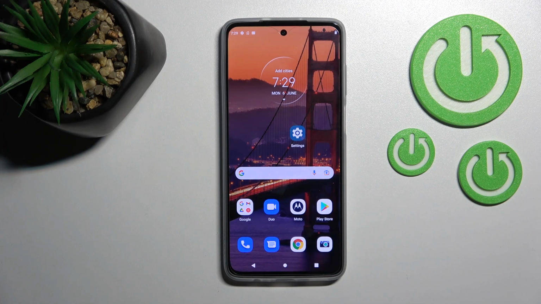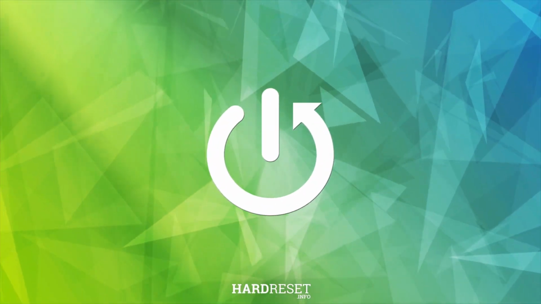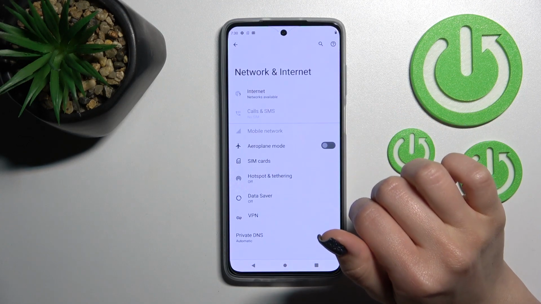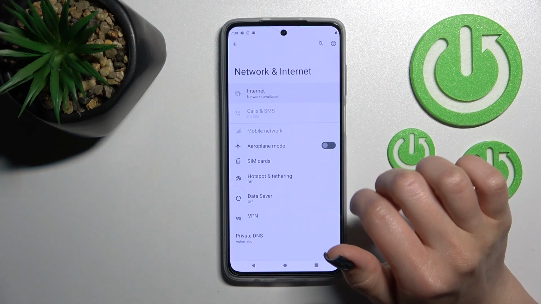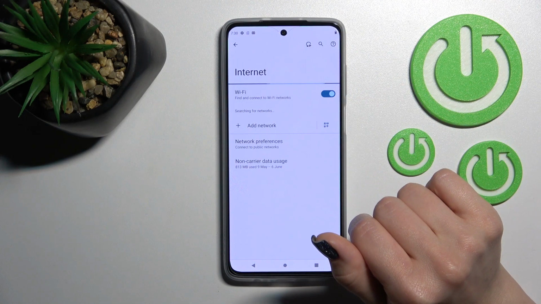Welcome, today in front of me is the Motorola Moto G52 and I'll show you how to connect to Wi-Fi on this device. So let's first open the settings application and then tap on Network and internet. Here you'll see the Internet section, click once, and now just near the Wi-Fi click once on the switcher to